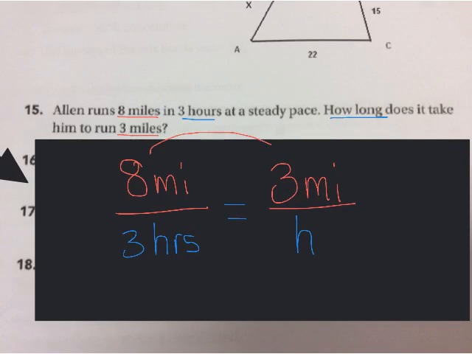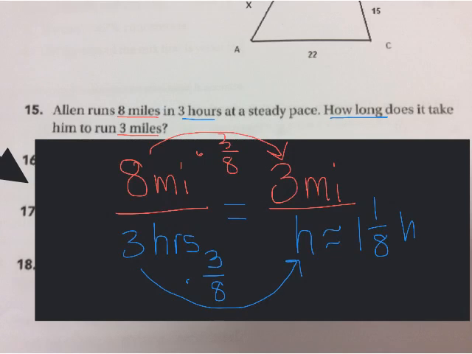So I find the scale factor. 8 times something is 3. So that scale factor is easy. It's just 3/8. So that means in the denominator, 3 hours times 3/8 is 1 1/8 of an hour. So that should make sense because if 8 miles takes 3 hours, then 3 miles should take less than 3 hours. So 1 1/8 hours. So I'm going to circle that